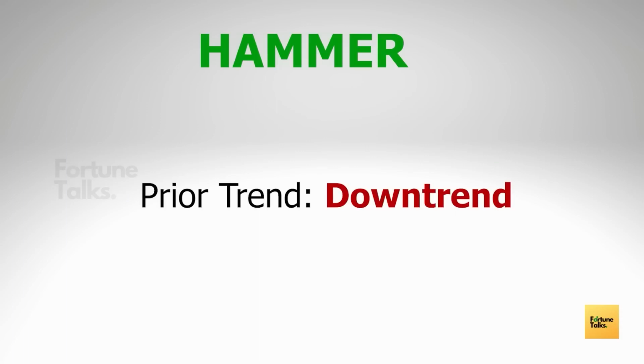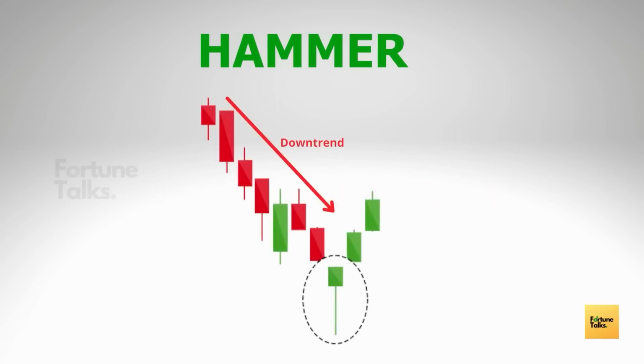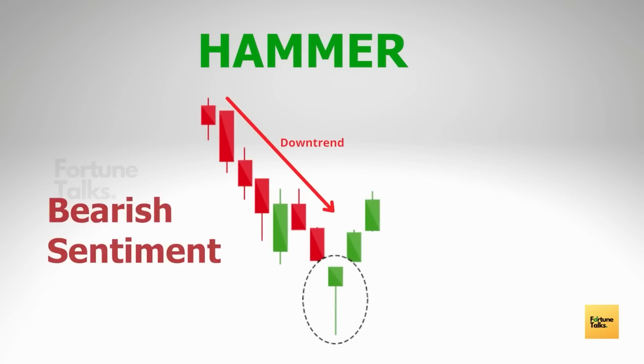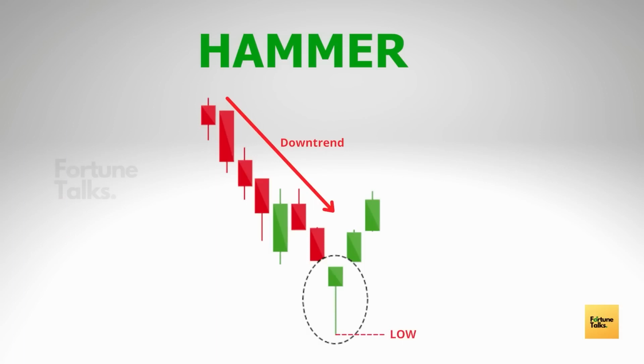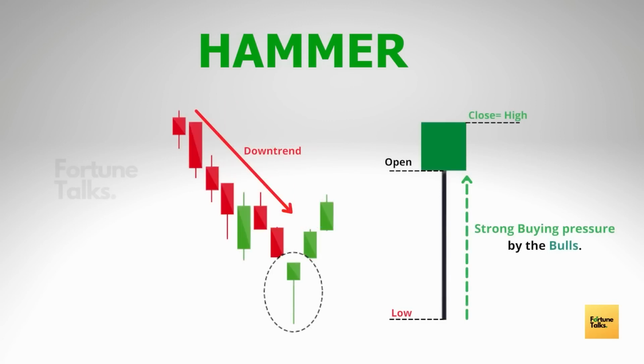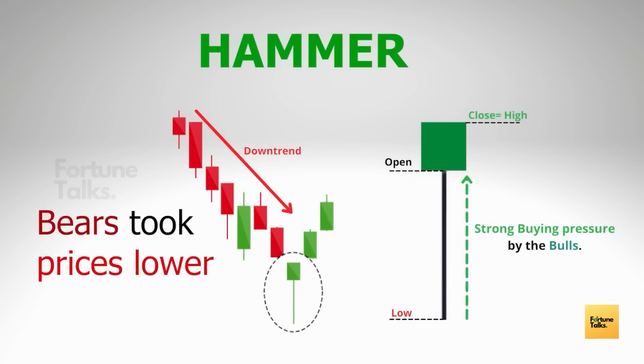We should visualize the hammer pattern in the following manner. The market is in a downtrend, so bears are in absolute control over the markets. When a hammer forms, the price goes even lower and it forms a new low price. The price action of hammer formation indicates that the bulls attempted to break the prices from falling further down, which simply means that the bears tried to bring the market lower,